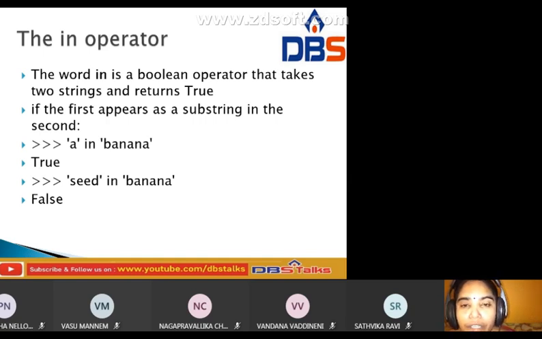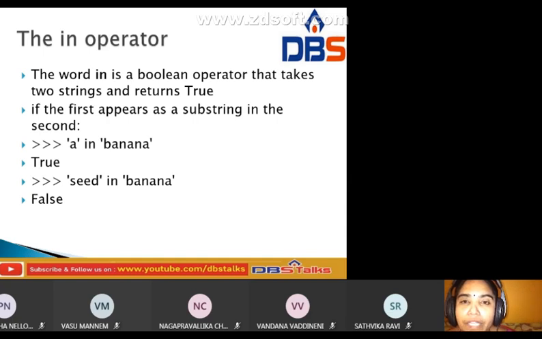If the substring is in the whole string, at that time we get true. If the substring is not in the whole string, it returns false. For example, we take 'a' in 'banana', small a in banana. Here the letter a is in banana, that's why we get true.